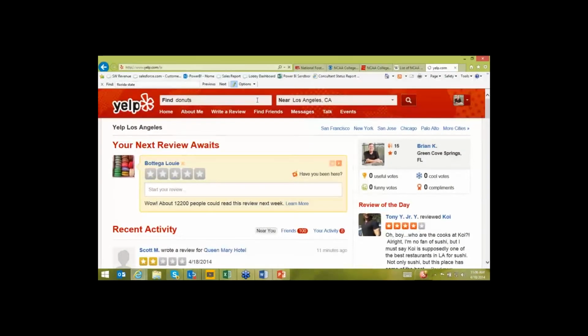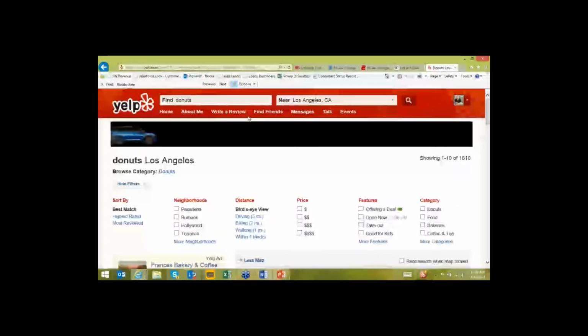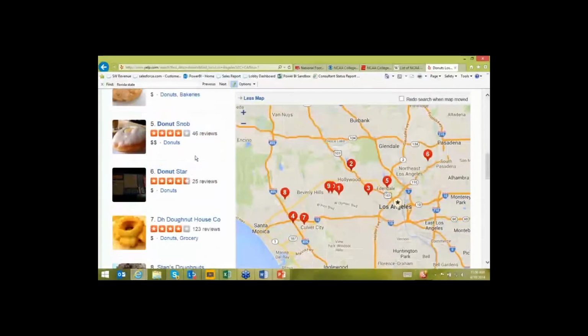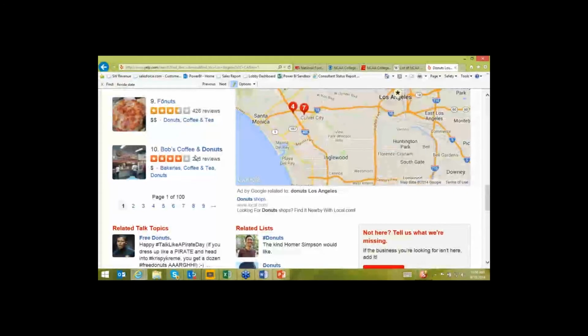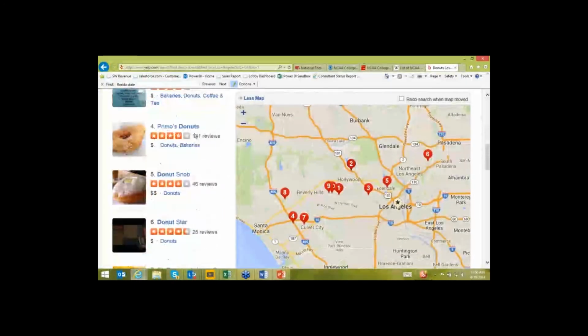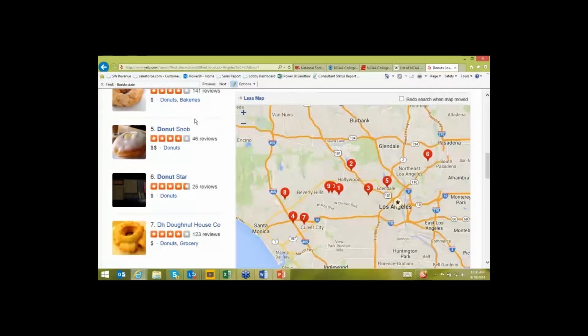in LA right now. And we're seeing some of the bakeries. Surprisingly, we're not seeing a whole lot of Krispy Kremes or Dunkin' Donuts or Hortons or any of those. It's a very boutique kind of brand, it looks like, right? So we're seeing a lot of different ratings here for all the different stores, donuts and all